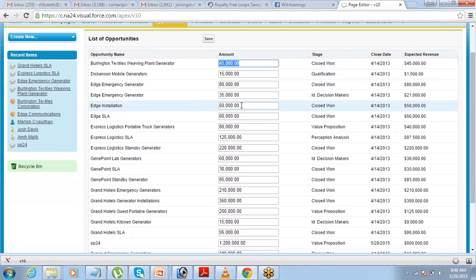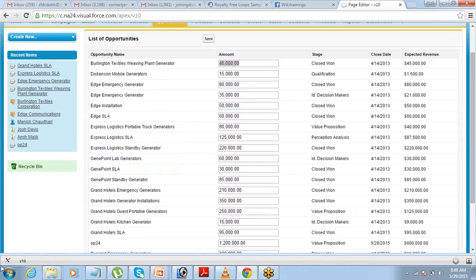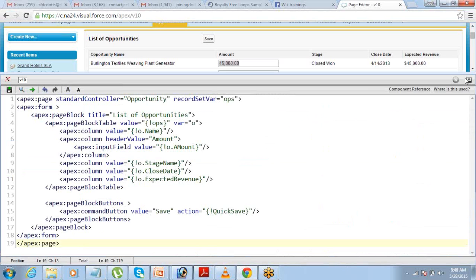Now, if my end user does not want to have a view of this field like this, they just want to view the field like this. So again, if you remember, we did a similar example. It should be displayed as a read-only field, not as an input field, and we should still be able to make the edits. How do we do that? That's going to be simple. All that we have to do is